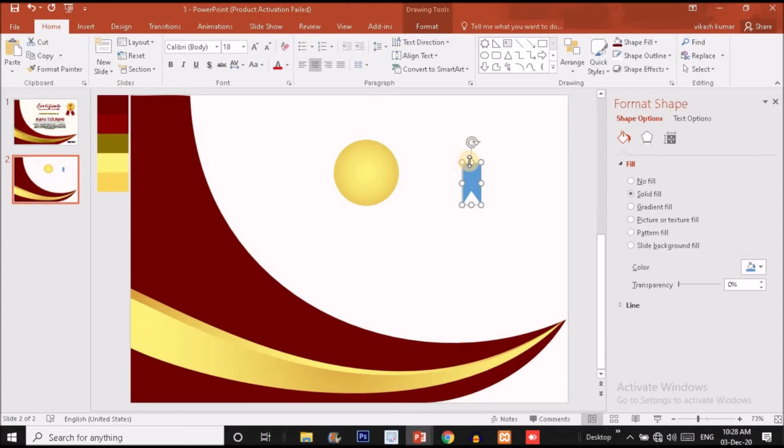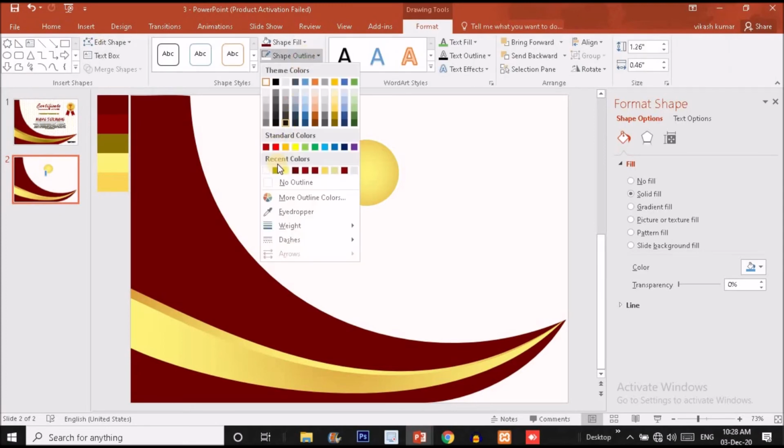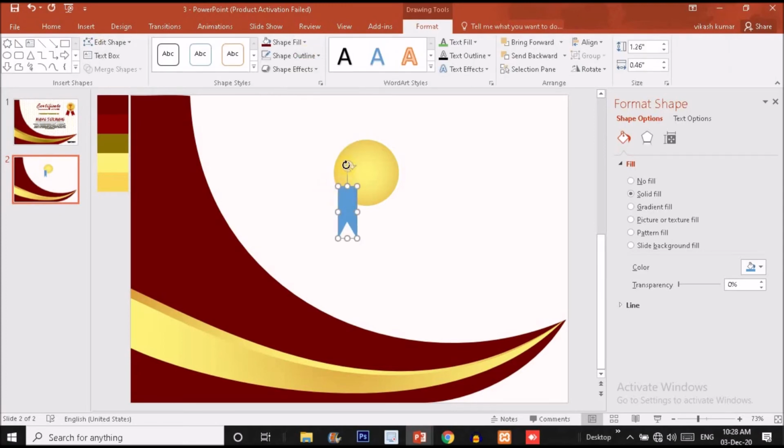To use it, I will slightly increase the length of the ribbon. Just put it over here and make it no outline first, guys. So I'm going to make it no outline. Just rotate it something like this, put it over here, press Ctrl D and flip it horizontally like this and put it over here like this. Okay, now select both of these and send them to back like this.